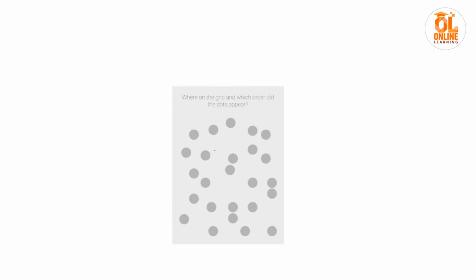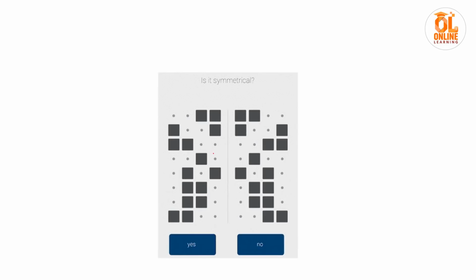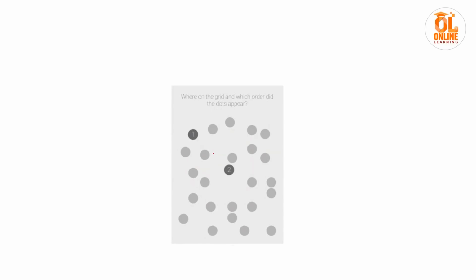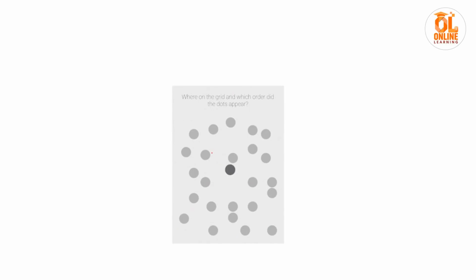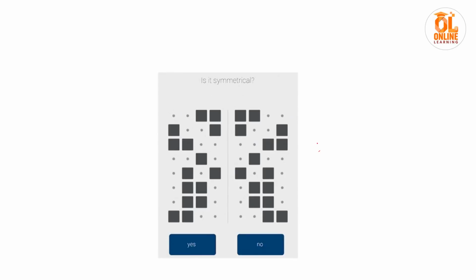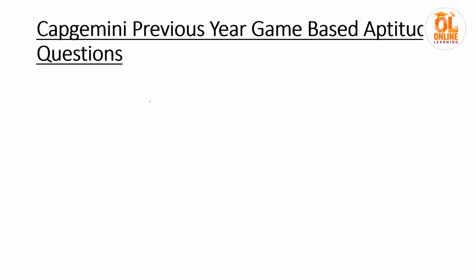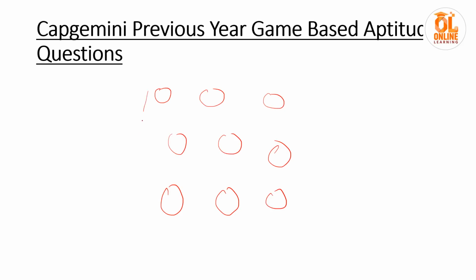This question is very important, and it is 99% sure that you will get to see this type of question. So in this question, for 2 minutes of time, let us first understand this type of question. In this type of question, you will get a figure where different dots will be present. Okay, like this.